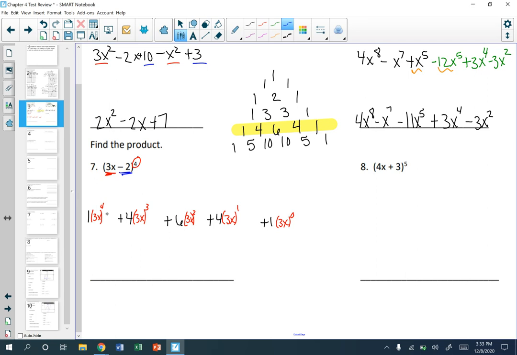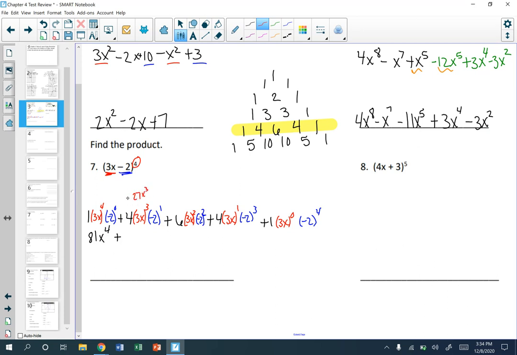Then I'm going to look at my -2. I get -2 to the 0, -2 to the 1, that would be to the 2, -2 cubed, and -2 to the 4th. Now I'm just going to simplify. So I got 3x to the 4th, which is 81x to the 4th, and then -2 to the 0 is just 1. Plus I got 3x to the 3rd is 27x cubed,